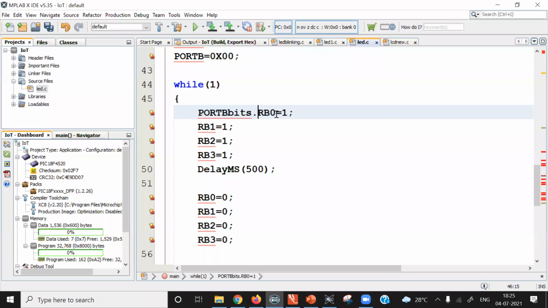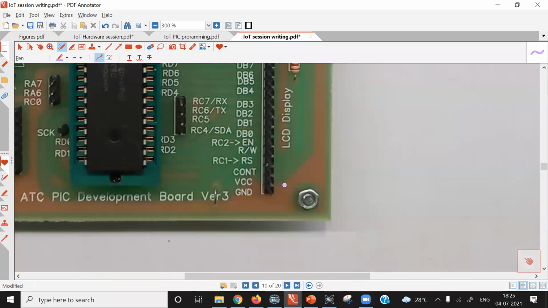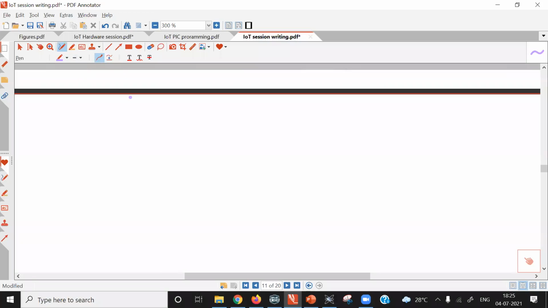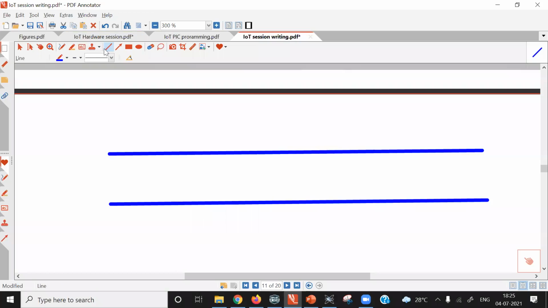In port B, bits are RB0, RB1, RB2, RB3. Let me write. In port B, total 8 bits are there. So what are the 8 bits of port B?